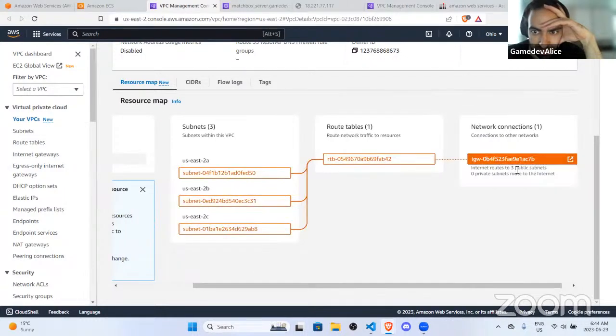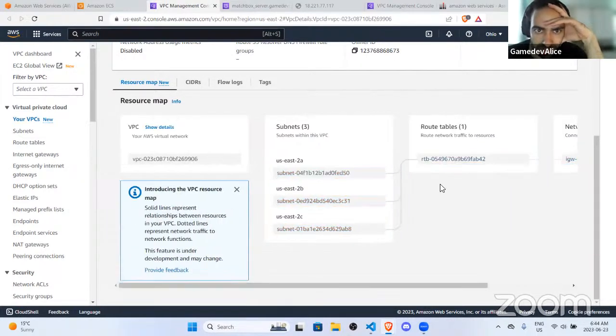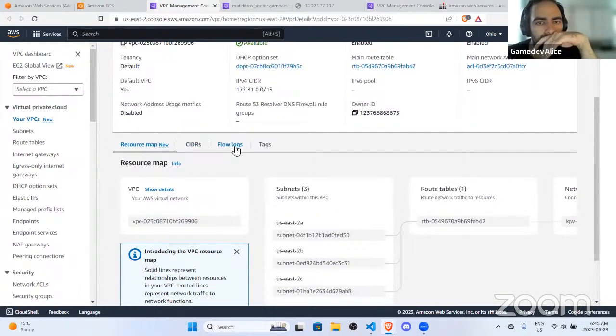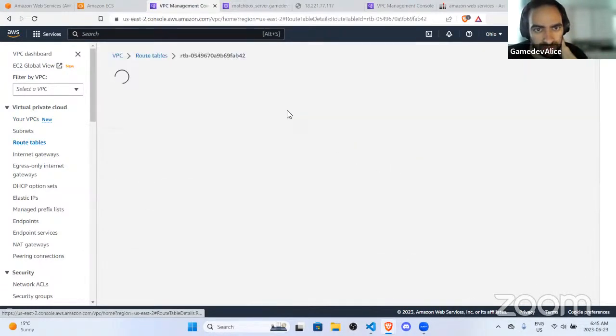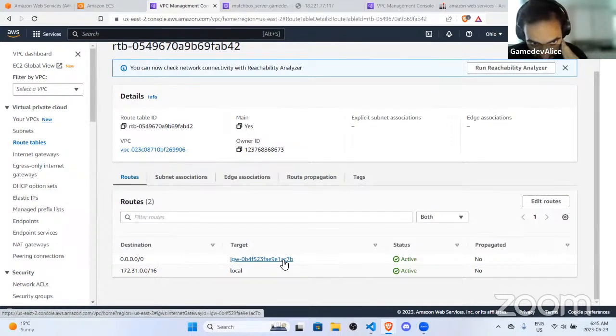Internet routes to 3 public subnets. This should work. Main one. Destination. Get this to here. Supposed to like the